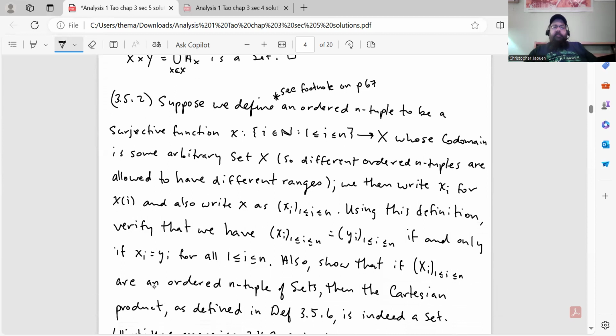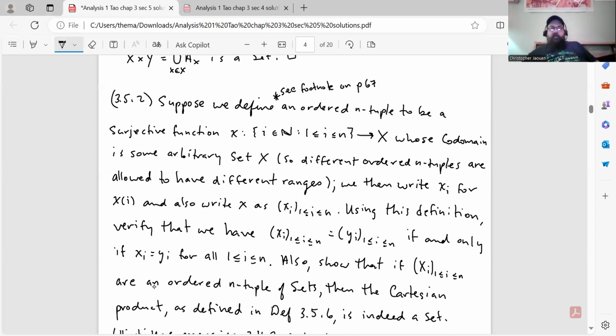So he says, suppose we define an ordered n-tuple to be a surjective function x from the set {i in N : 1 ≤ i ≤ n} to some arbitrary set X. So different ordered n-tuples are allowed to have different ranges. We then write x_i for x(i), and also write x as the ordered n-tuple, the finite sequence (x_i). Using this definition, verify that we have